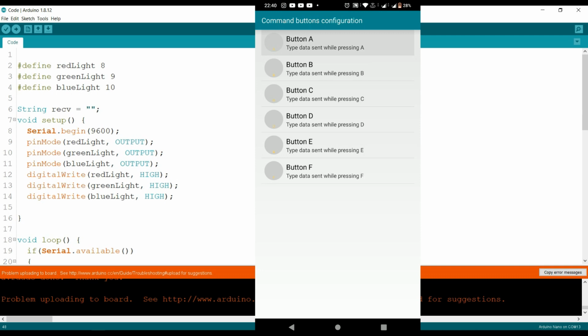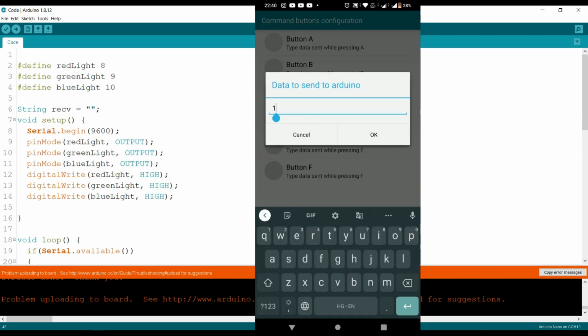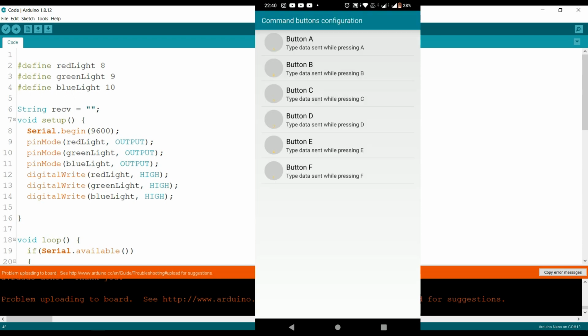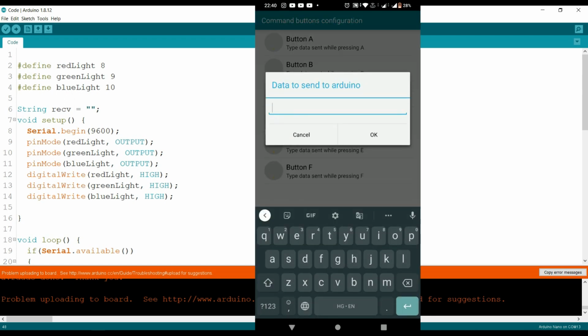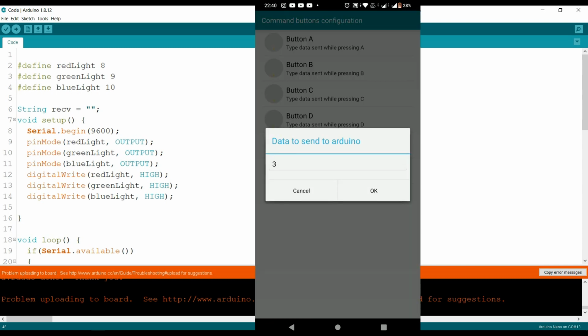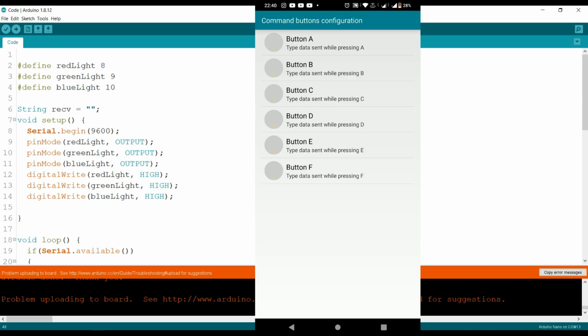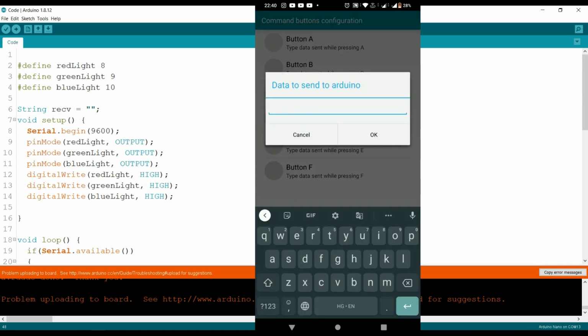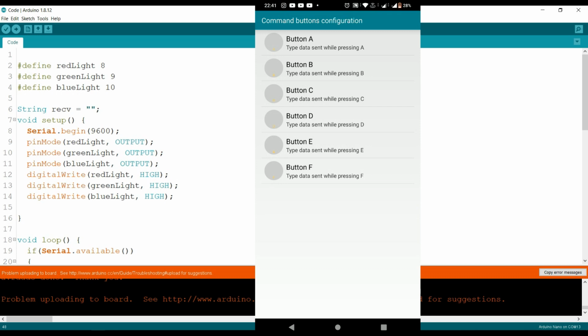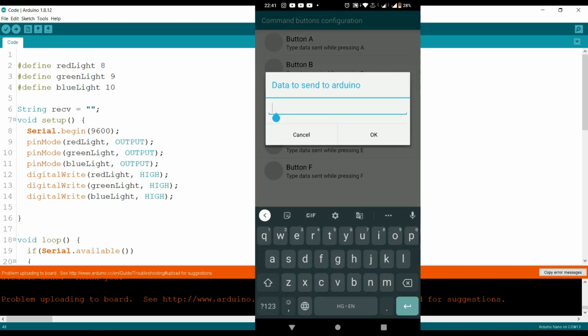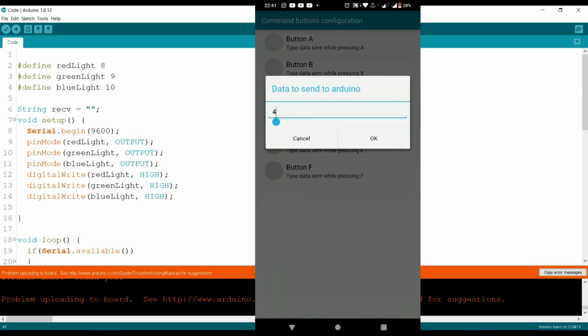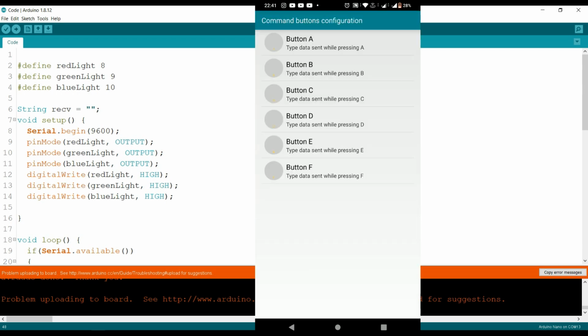I will click on button A. Here I will type capital A, and for button B I will type small a. Button C, capital B, it is for green light on, and this is for green light off. This is for blue light on, so capital C, and this is for blue light off, so small c.